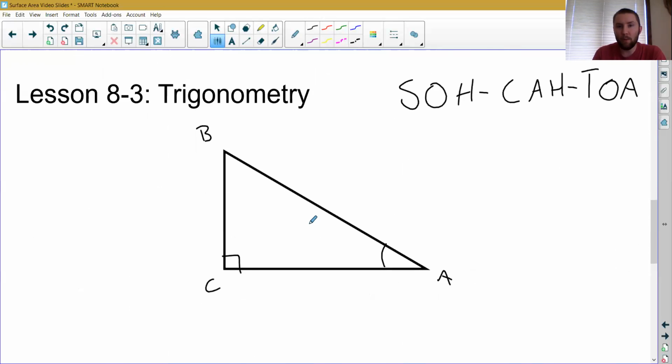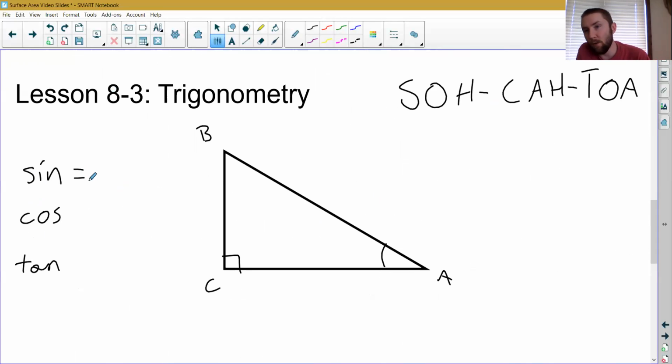Lesson 8.3 was where things got really interesting. Things got trigonometric. We started talking about trigonometry, about sine, cosine, and tangent. And remember, the sine of some angle, of whatever angle, is always equal to the opposite over the hypotenuse